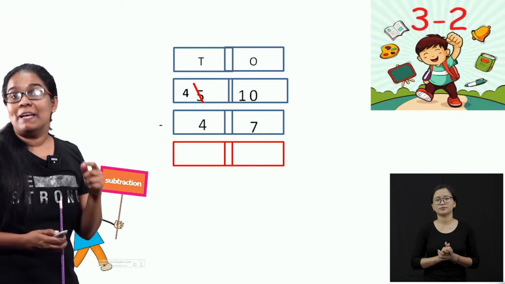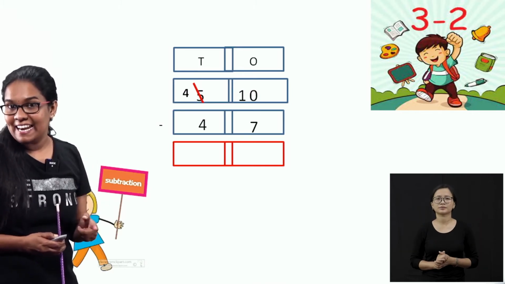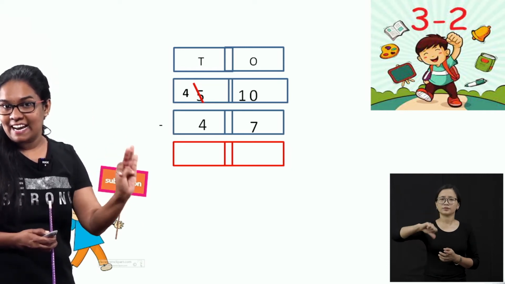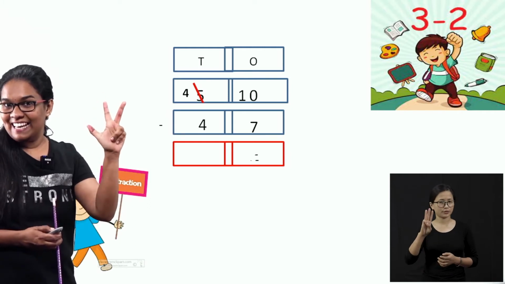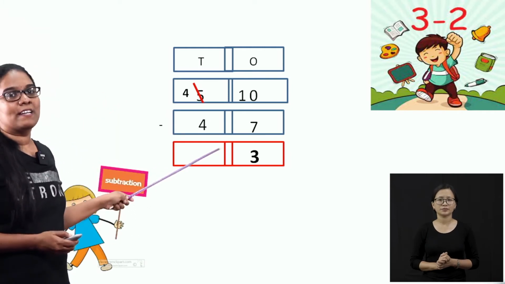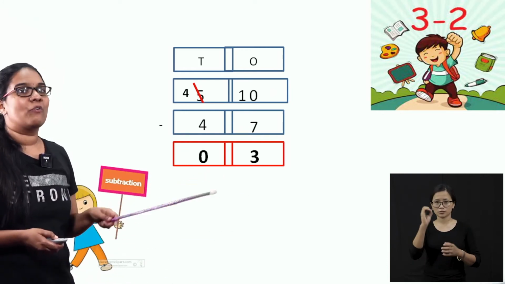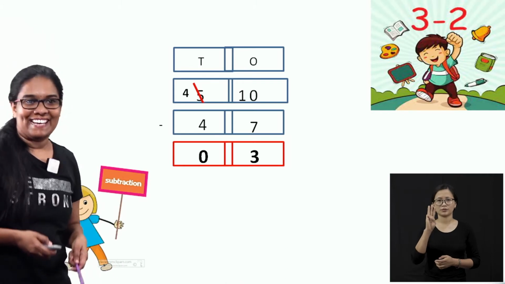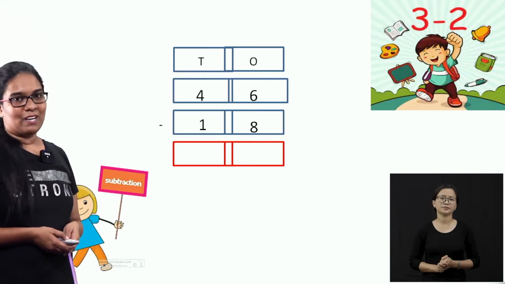You keep the bigger number in your mind. Which is the bigger number? It's 10. Then start counting from 8. 8, 9, 10. What's the answer? Yes, 3. Then 4 minus 4 is 0. The answer is 3. When we subtract 47 from 50, we got the answer as 3.